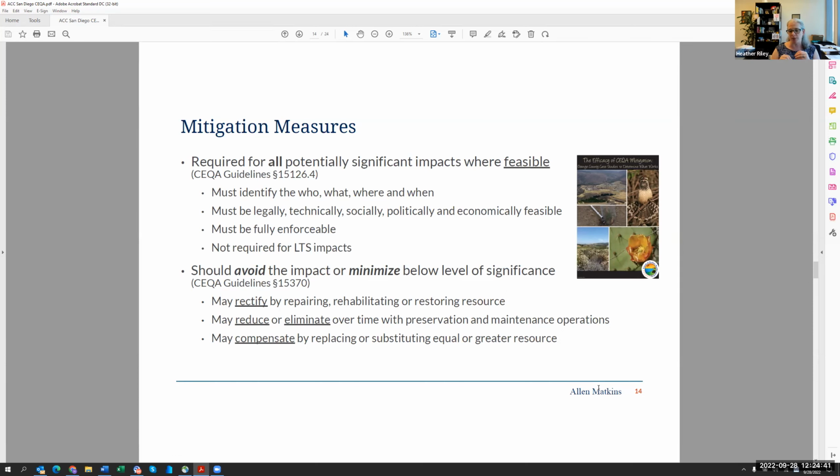Before issuance of building permit, before issuance of certificate of occupancy, the applicant or the consultant or a general contractor has to do X, Y, and Z. It needs to be very, very clear. It needs to also be enforceable by a public agency. If you have a less than significant impact, no mitigation. I don't care what opponents say. I don't care what public agencies say. You can't make me mitigate something that's already less than significant. That's the law. So as I said, you're minimizing or reducing to the extent you can.